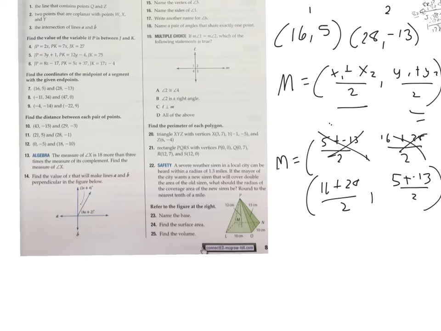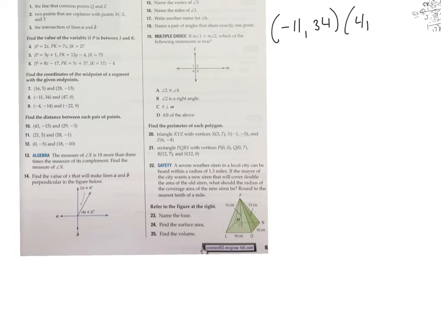Okay, so 16 plus 28, that is 44. So 44 divided by 2 is 22. Okay, 5 plus negative 13, that would be negative 8. Negative 8 divided by 2 would be negative 4. So my midpoint for number 7 would be 22, negative 4. All right, so let's go ahead and do number 8. Number 8, the points are negative 11, 34,